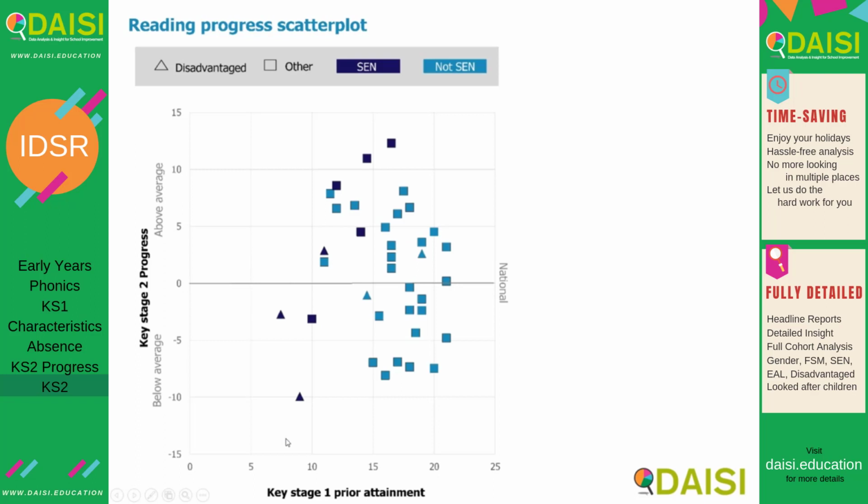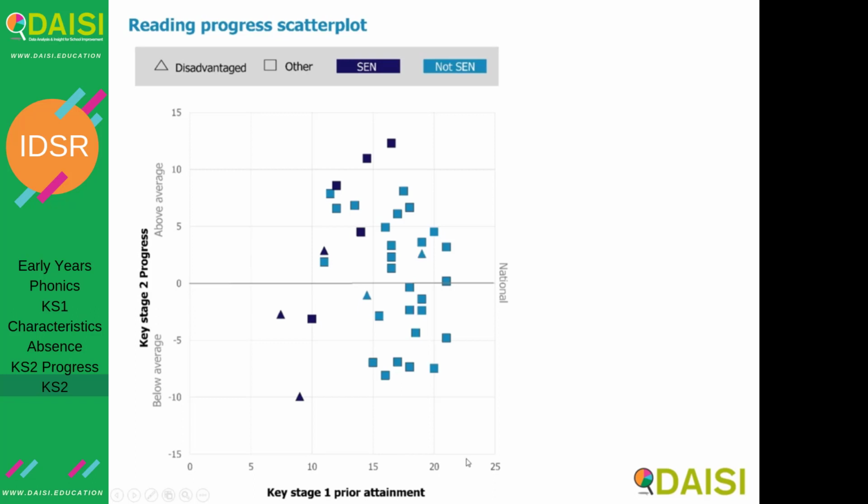So we have your Key Stage 1 prior attainment going across, where 12 to 17.99 are your middle prior attainers. So your low prior attainers are 12 and below, and your high prior attainers are 18 and above. In 2017, the shapes were being used for boy, girl. Now they're being used for disadvantaged and not disadvantaged, and the colours are being used for SEN and not SEN. So here we have a pupil who was a level 1 pupil, average point score of 9, who had a